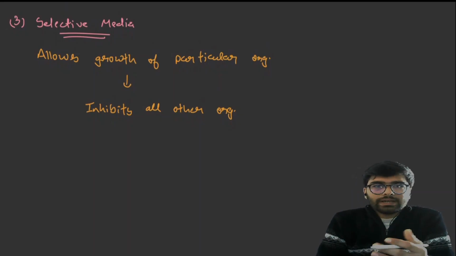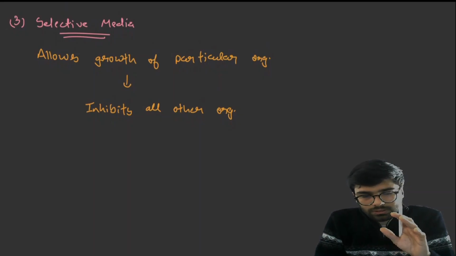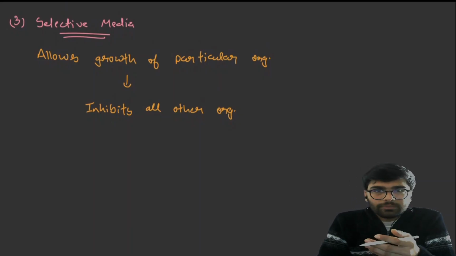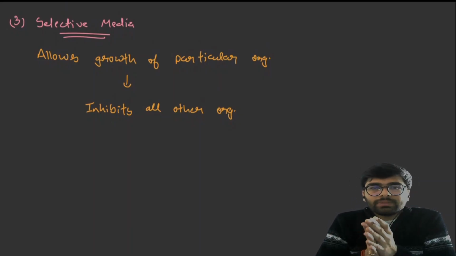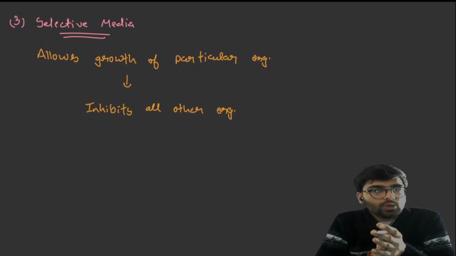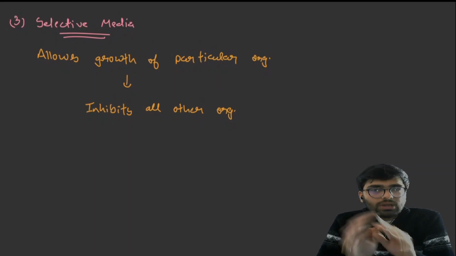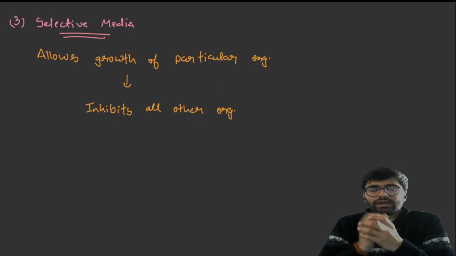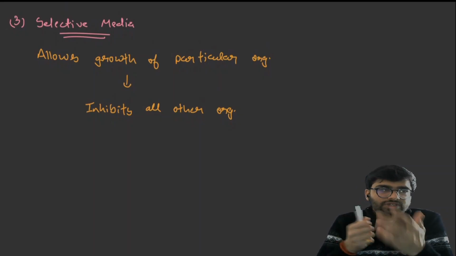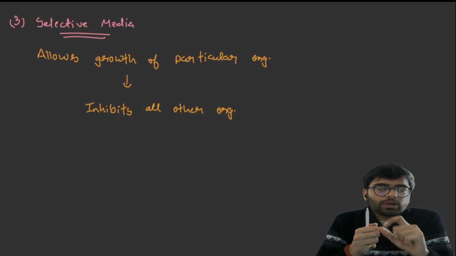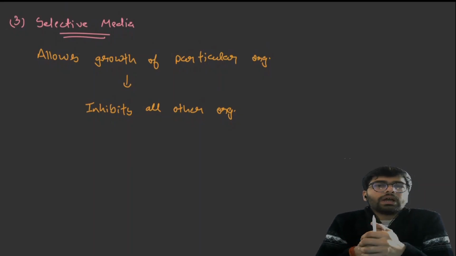Now let us move to the third thing, and that is selective media. So let us start the third one, that is selective media. Now, what is selective media? Selective media is a media that allows the growth of a particular organism and inhibits the growth of all the rest. For example, if a physician suspects a patient of cholera, what the microbiologist will do is